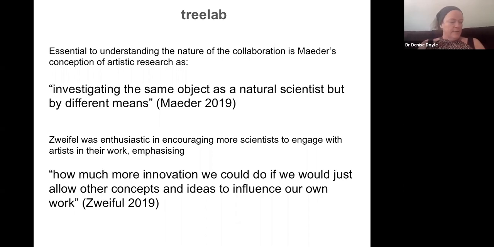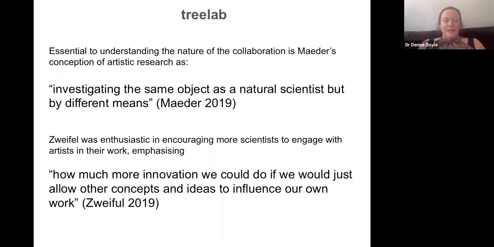And Mader explicitly sees the goals for artists as attaining the same language as the scientist uses. And this approach underlies his philosophy that artists and scientists actually have to meet on a different plane to one inhabited by either party. And this is where the whole third space idea came from. And this different plane best facilitates cooperation by both researchers.